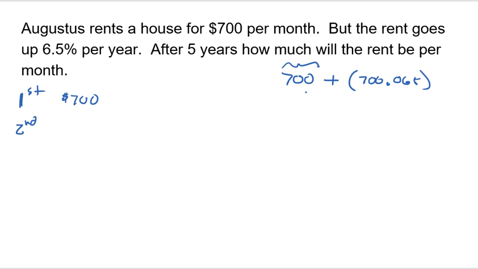But just like we saw in the last problem, both of these terms have a 700 I could factor out, and I get 1 plus 0.065. And this makes far more sense, right? Because this is just a faster way to get the answer. So it's the $700 times 1.065. The 1 is keeping the $700, and then the 6.5 is the extra percent that we're adding on. So again, go to your calculator. 700 times 1.065 is